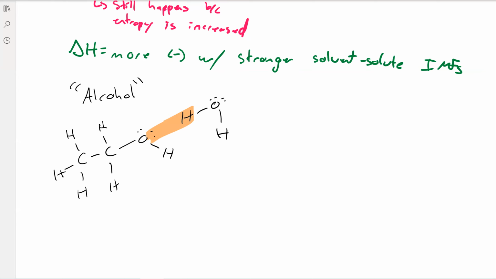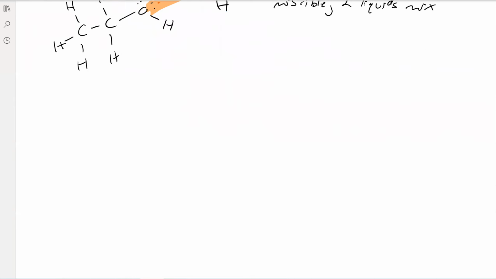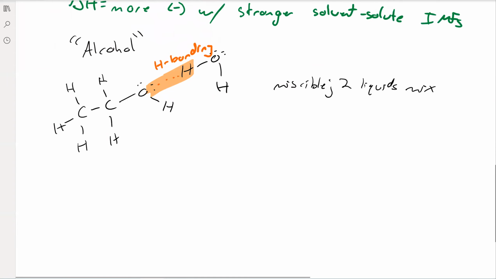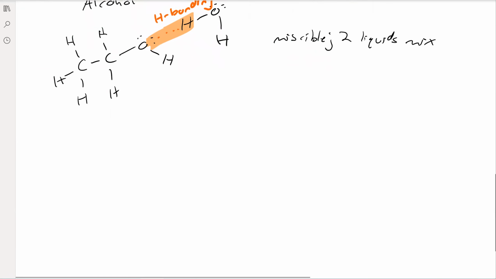And then the reason that these two mix is because of this hydrogen bonding, right? This is a strong intermolecular force between the solvent and the solute, and it's what causes them to mix. When two liquids mix, they are said to be miscible. Right, and again, like dissolves like, so those two both have dipole-dipole and hydrogen bonding, so they are like one another,